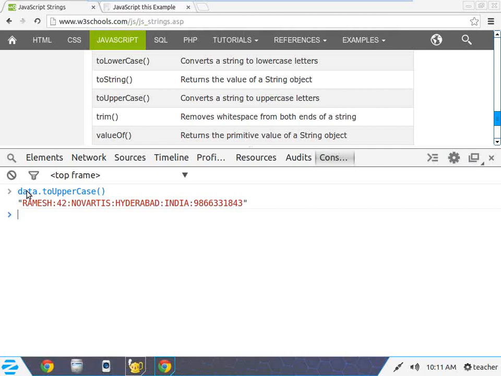Next, uppercase, lowercase again here, dot, uppercase, to uppercase. Everything will become